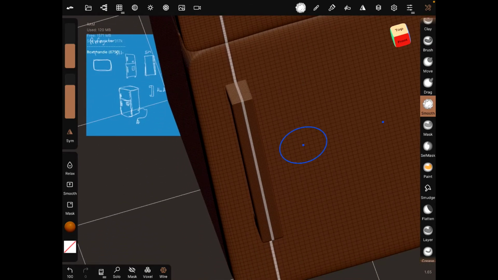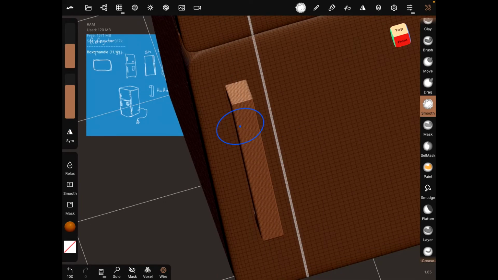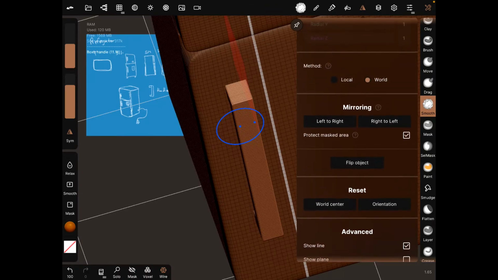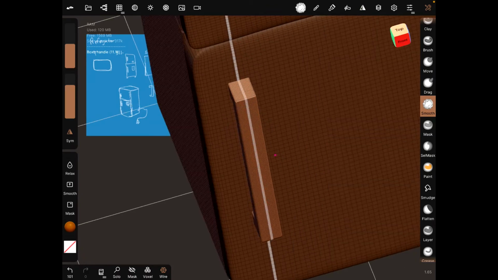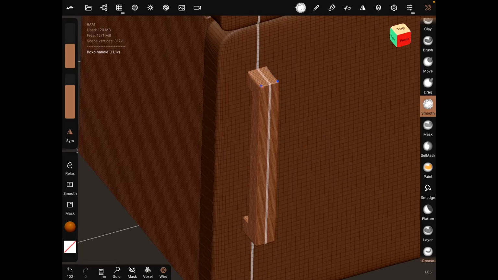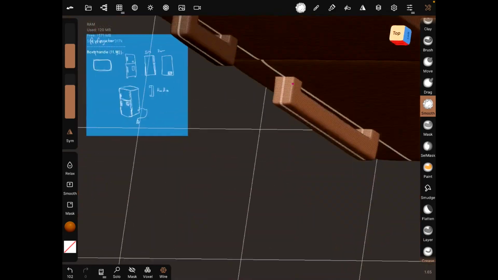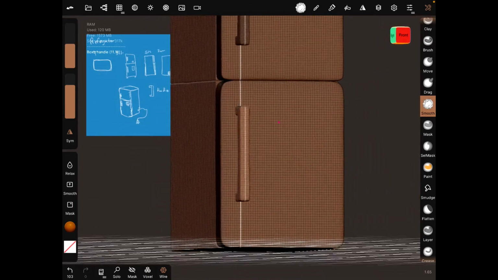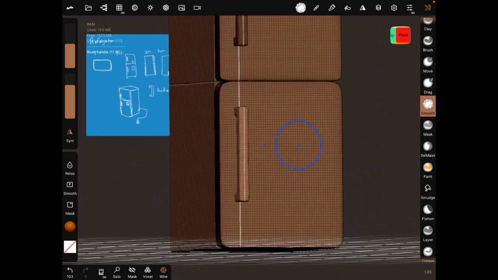All right, and then we can do the same toward this wood. Symmetry options, make sure it's local, and then you can modify things. Sweet, okay. And there you are. Now essentially we got